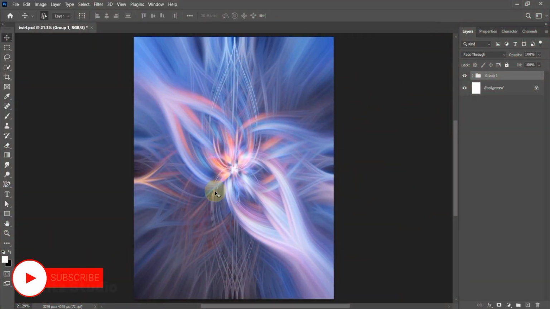Hello graphic designers, in this tutorial you will learn how to make this beautiful abstract twisted light fiber effect in